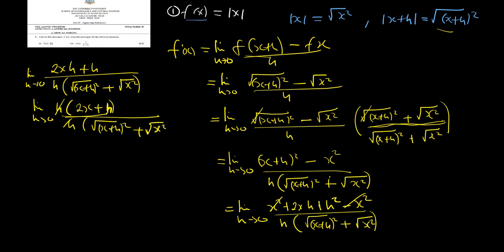Then from there, what we are going to do is we'll replace now the h with 0 and remove the word limit. Alright. So I'll put 2x plus 0 over, alright, over what? Inside there we have root of x plus 0 open bracket, then squared plus root of x squared, like that. So you